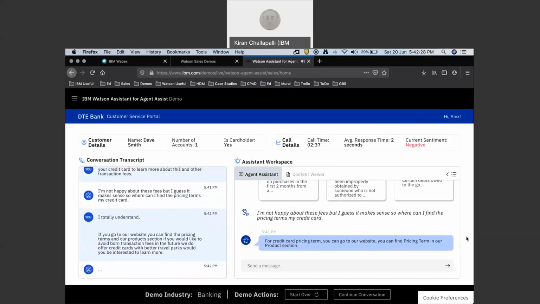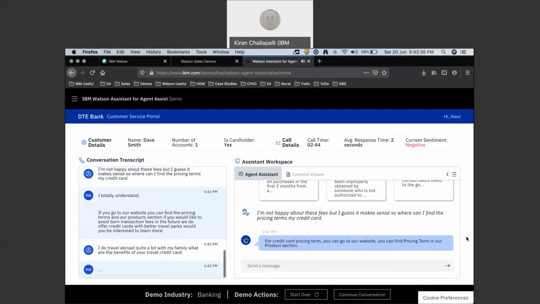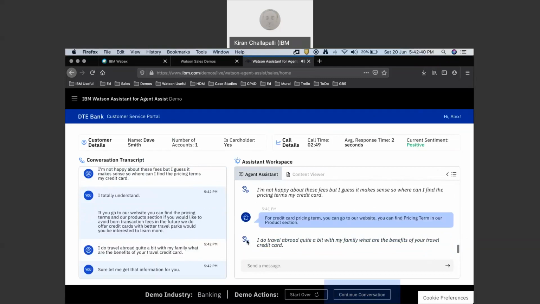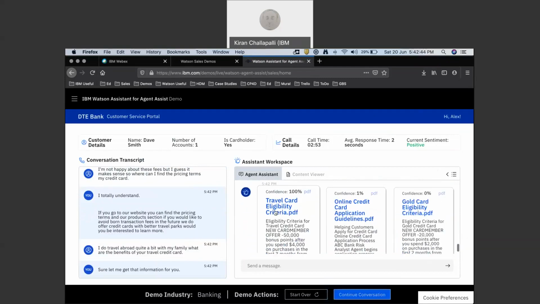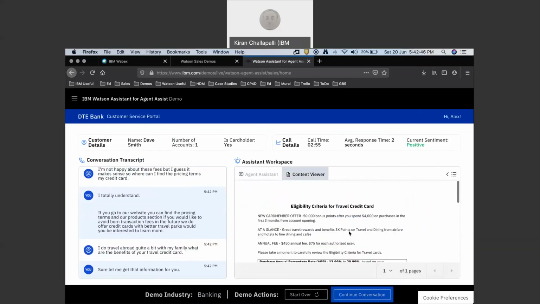I do travel abroad quite a bit with my family. What are the benefits of your travel credit card? Sure. Let me get that information for you. Again, using the utterance of the caller, it was able to find some information, and it has found one travel card eligibility criteria. And there is some offer, the agent can go through the details of the offer,